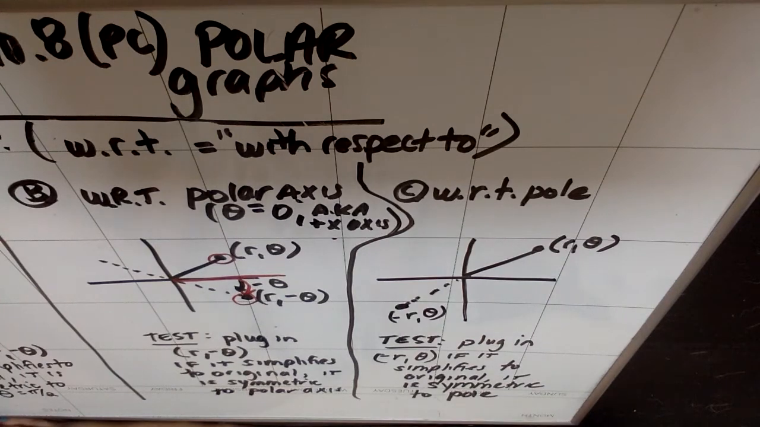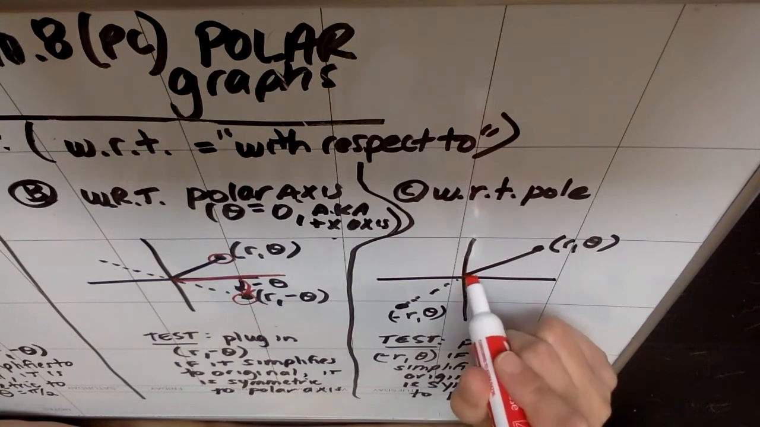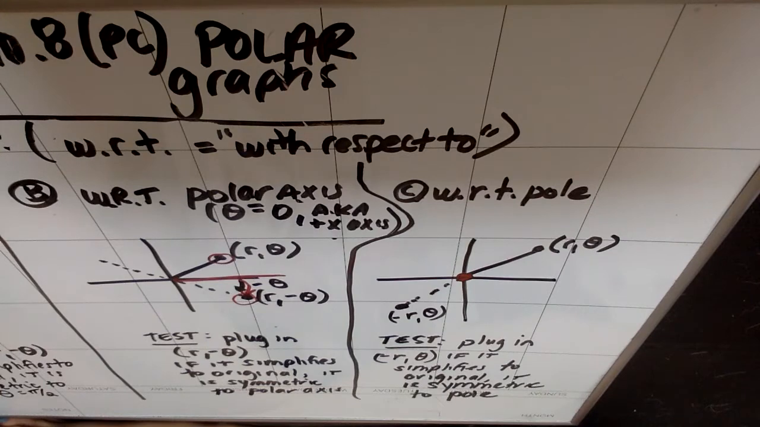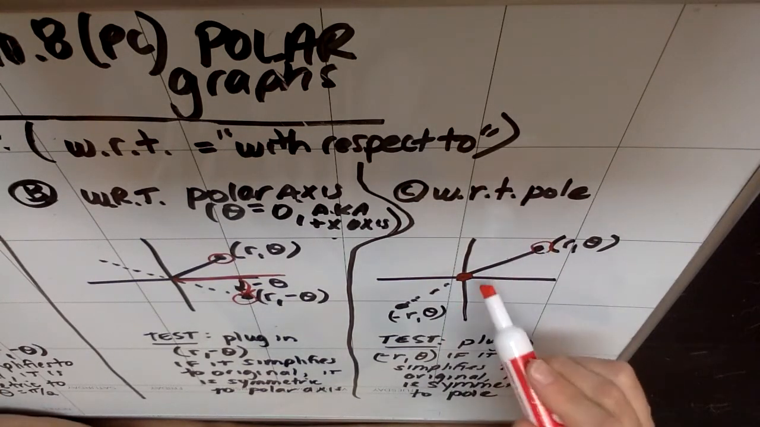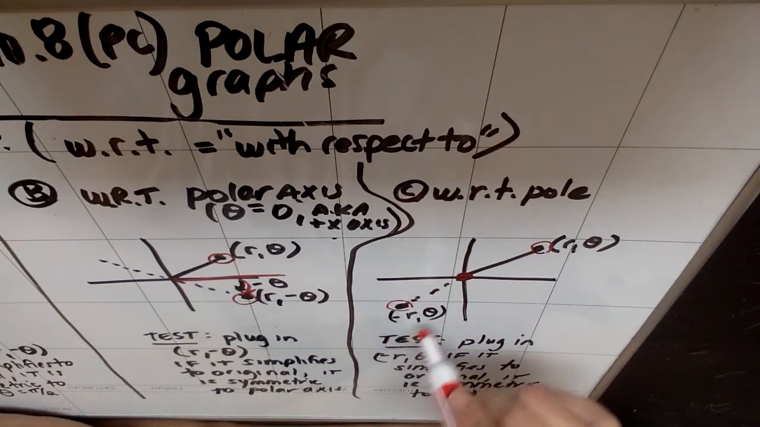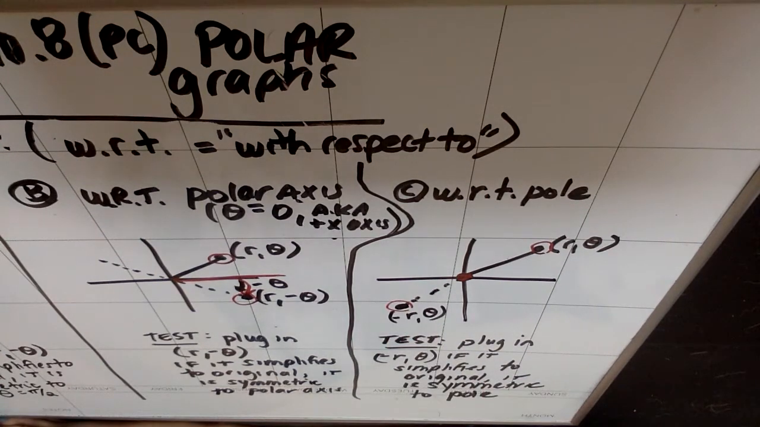So the pole is essentially the same spot as the origin, okay? So symmetry with respect to the pole, well, this point is r comma theta. This point is at the same angle, but just walking backwards. So this is going to be negative r comma theta. Again, if you want to test this, you plug that into an original function. So you plug negative r comma theta in, and if it simplifies to the original, then you have something symmetric